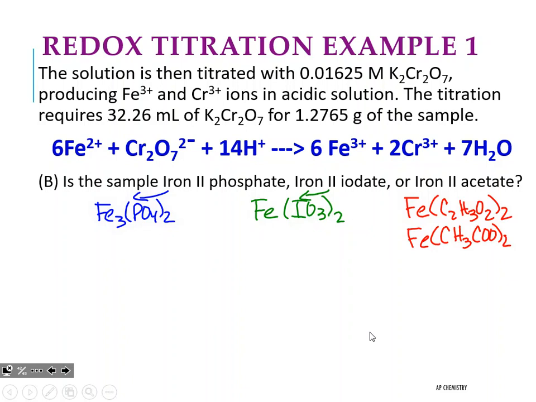Alright, so now we need to figure out the percent of the iron in this particular sample. Here you would do 55.85 times 3 on the top, and then you need to add up all of it on the bottom. So I get 357.5, 0.49 for this one, times 100, and that's going to give us